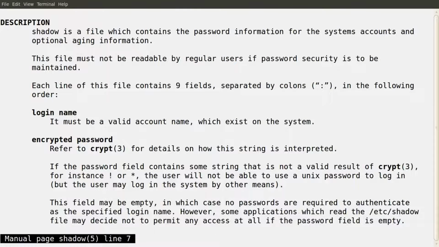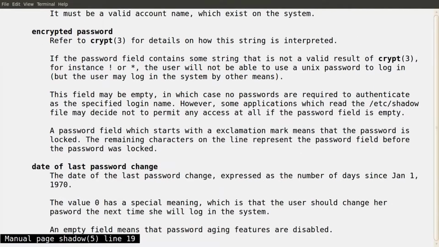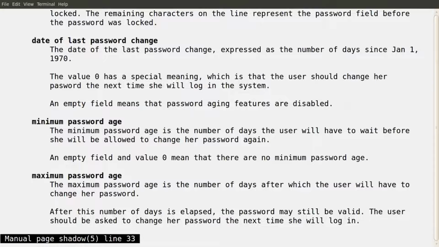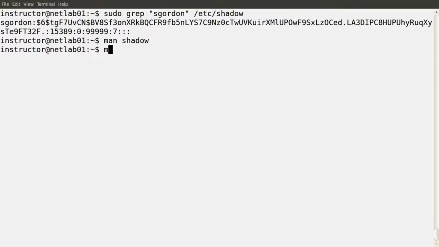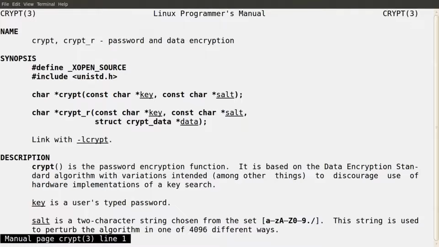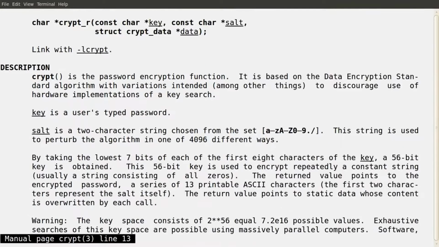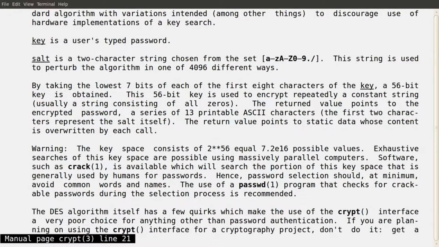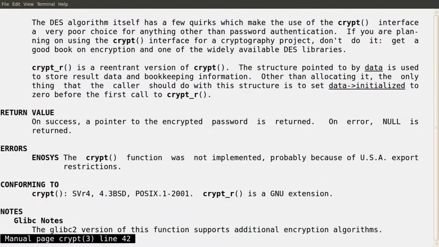The login name, encrypted password, which refers us to the program crypt to do the hashing, and those other fields about the password age, and so on. If we man crypt, look at the man page, it talks about the format of the hash value that's stored. And if we scroll down,